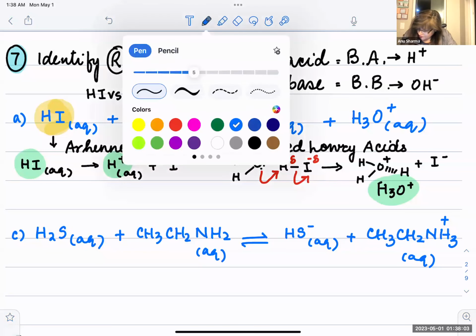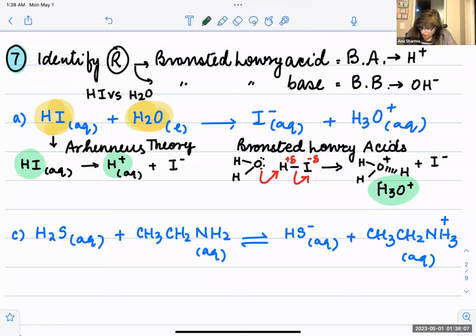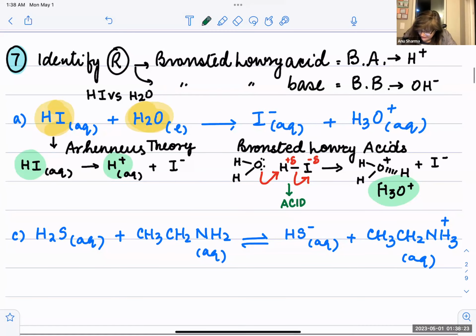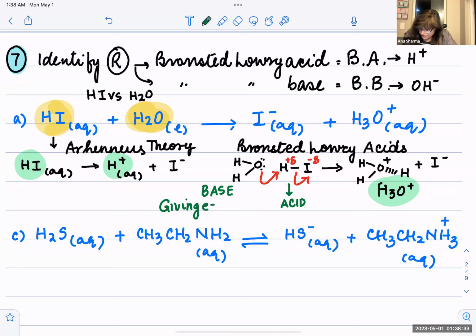So here we see, let me use a different color, hydrogen with water. Here, this is an acid, and water is acting as a base. Why is water acting as a base? Because water is giving electrons. Anything that gives electrons acts as a base, and anything that takes or accepts electrons acts as the acid. Okay, so in this case, the conclusion is that HI